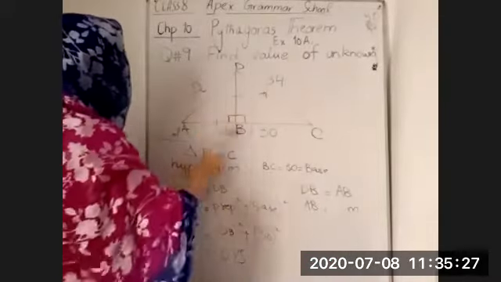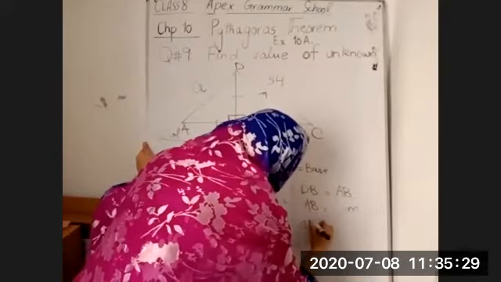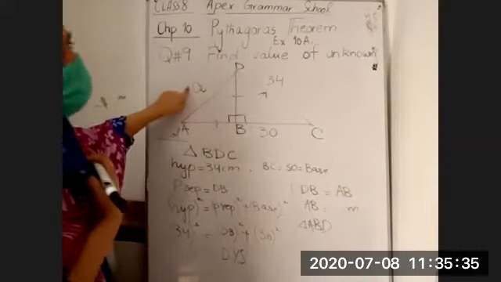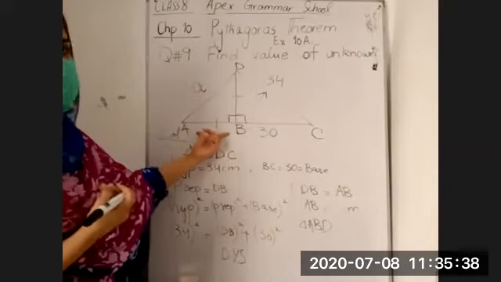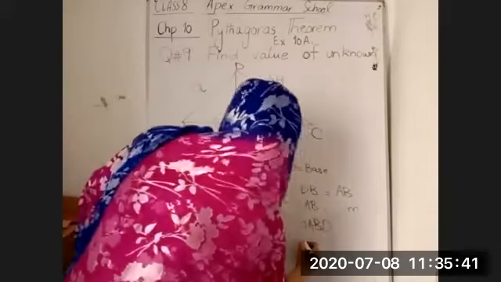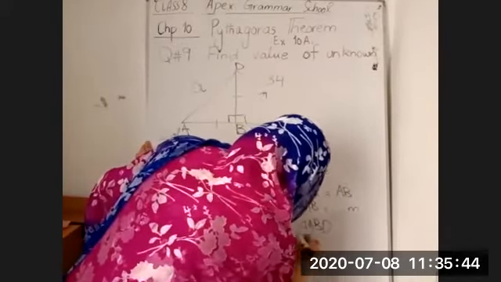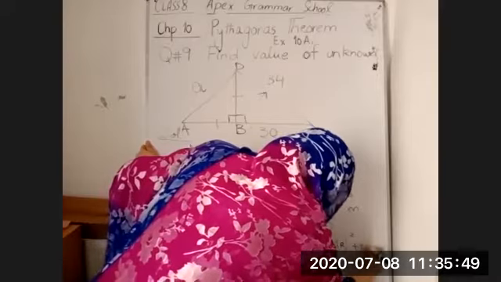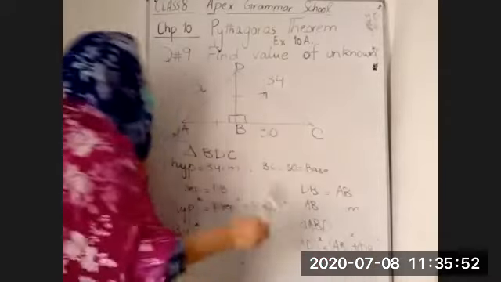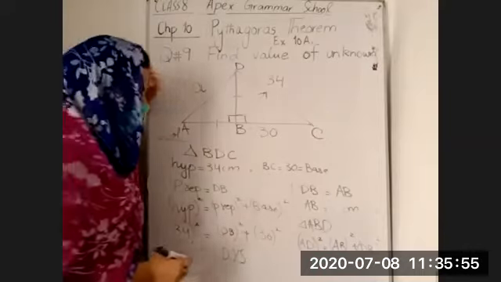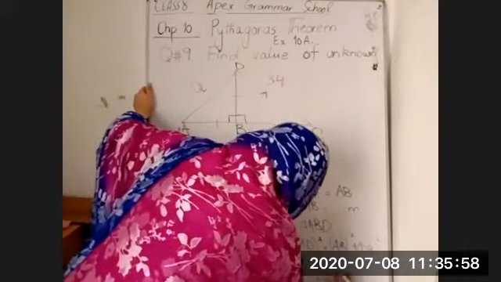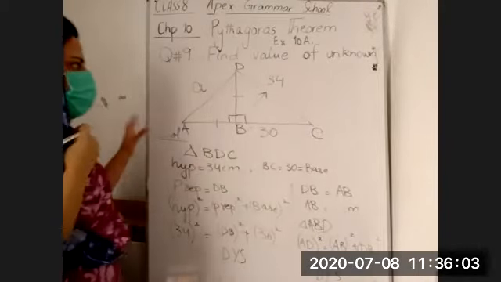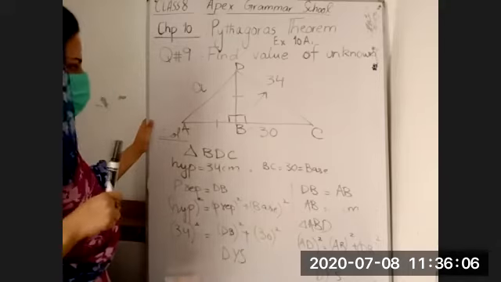Next, you will take the triangle ABD. In triangle ABD, AD is your hypotenuse because opposite to the right angle is the hypotenuse, again with perpendicular and base. So you will write that AD square is equal to AB square plus DB square. By putting all the values, you have to find the value of A. You have to complete many parts of this question by yourself using a scientific calculator. I have not completed the question, but you have to complete that.